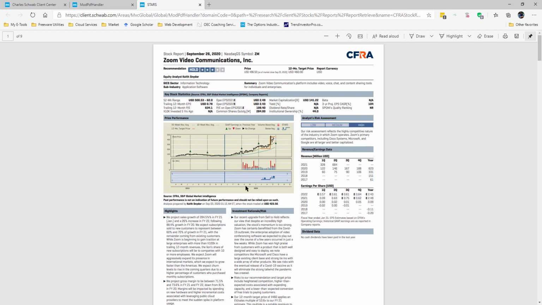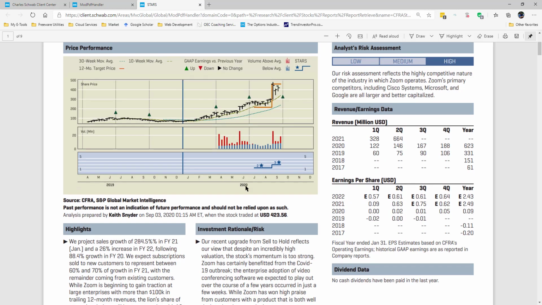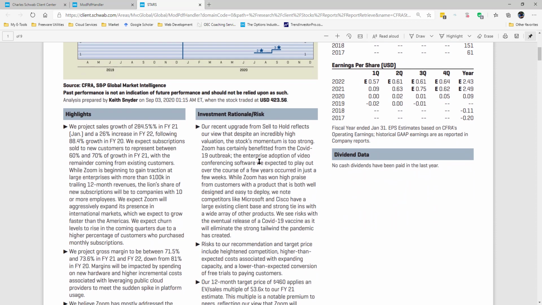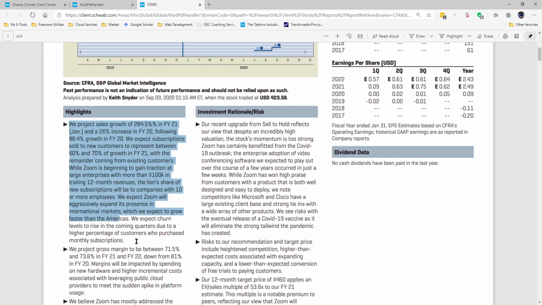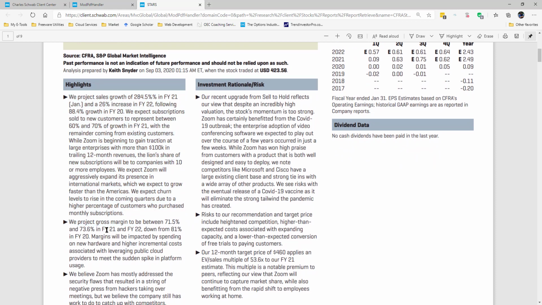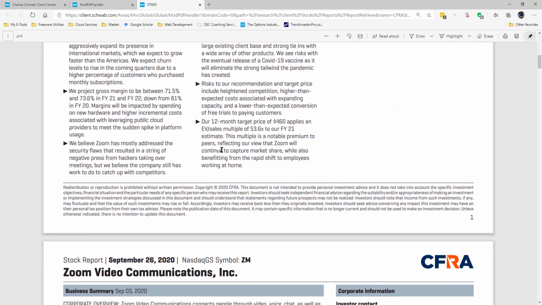You're going to notice that a lot of the things that are on one report are on another report, and that's fine. Remember at the bottom of that chart that we were looking at on Walmart, I had revenue and earnings per share from previous years. Well, it's right here. Okay, that's where I get that data. While I'm here on this particular report, here's the highlights. They point out why they think this is a good market or a good company or a good stock, and then they point out what risks they're focused on. All right, so